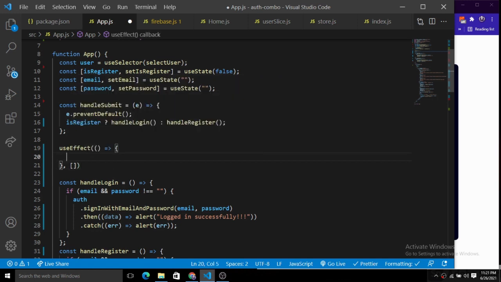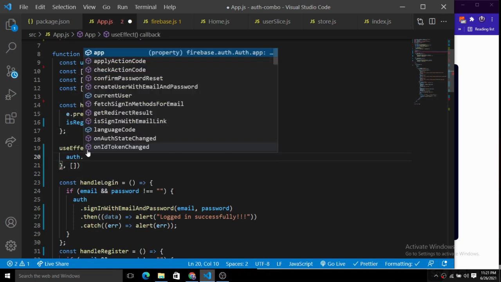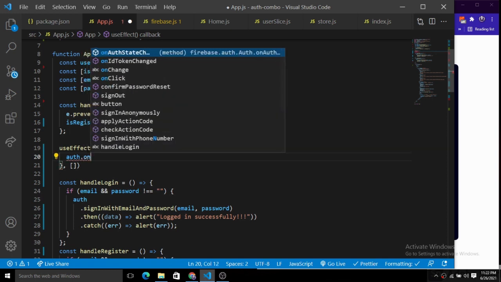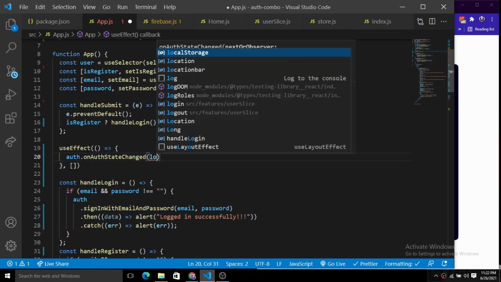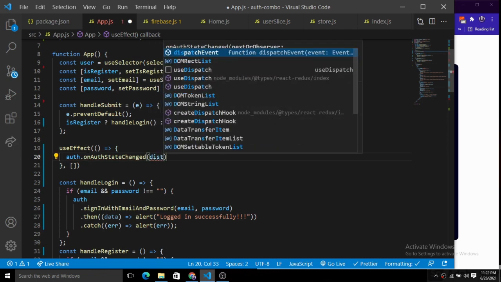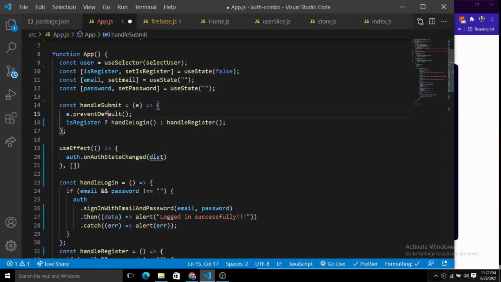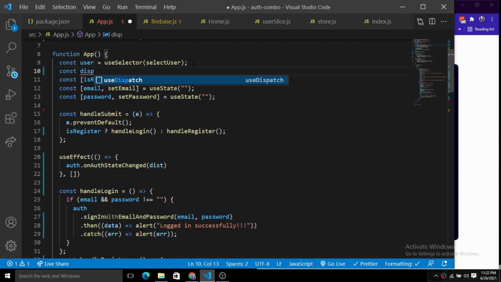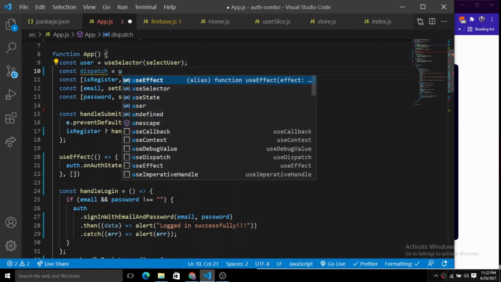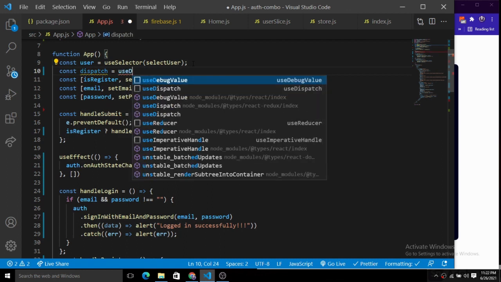Inside of this, we will have the auth state changed function, and here inside of this we just pass the dispatch. For that we create the dispatch, which will have all the actions and the payload values.